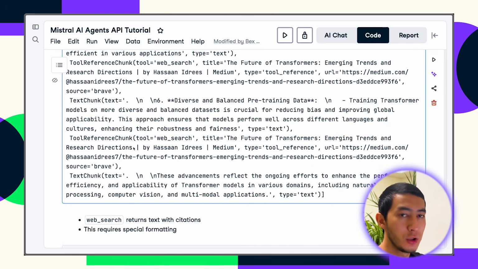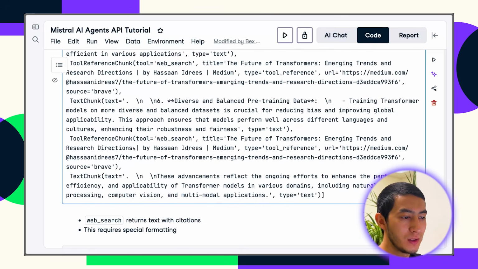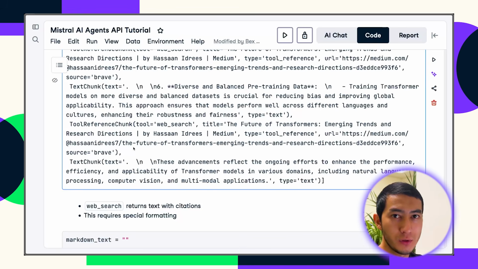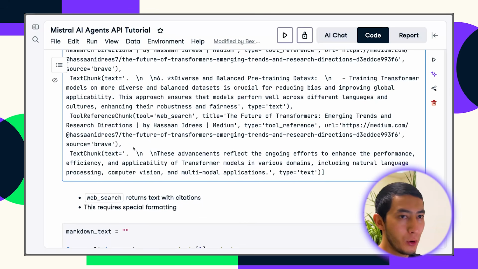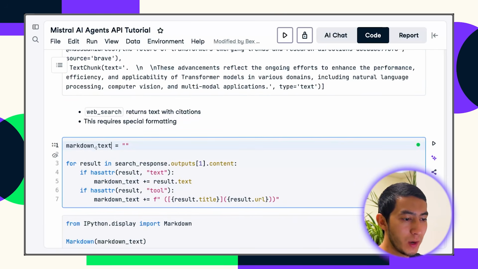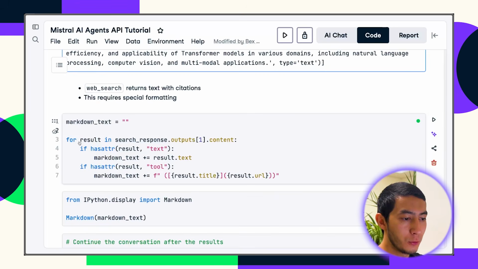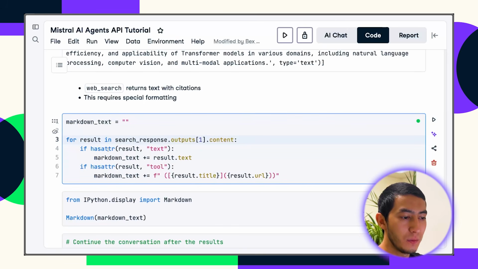Our job here is to concatenate, to combine all of this information into a single response. Unfortunately, this is not provided by the Agents API by default, so we have to do the formatting ourselves, and we're doing that right here. First of all, we are iterating through the tool reference chunks and text chunks for result in search response.outputs.content. We're checking if the item has the text attribute. If it has the text attribute, it means the item is just text, so we can add it to the markdown text right here. If it has the tool attribute, it means the agent is giving a citation, so we're going to append it to the markdown text